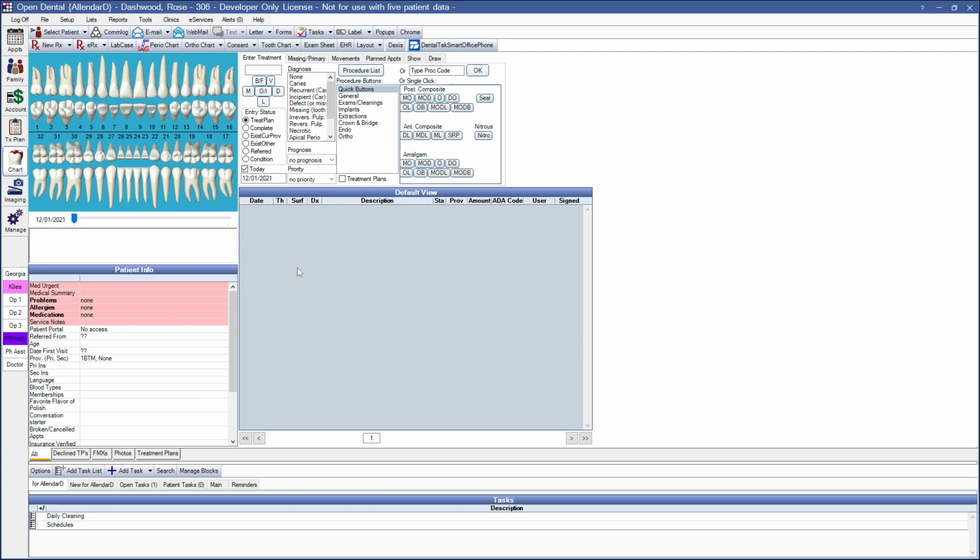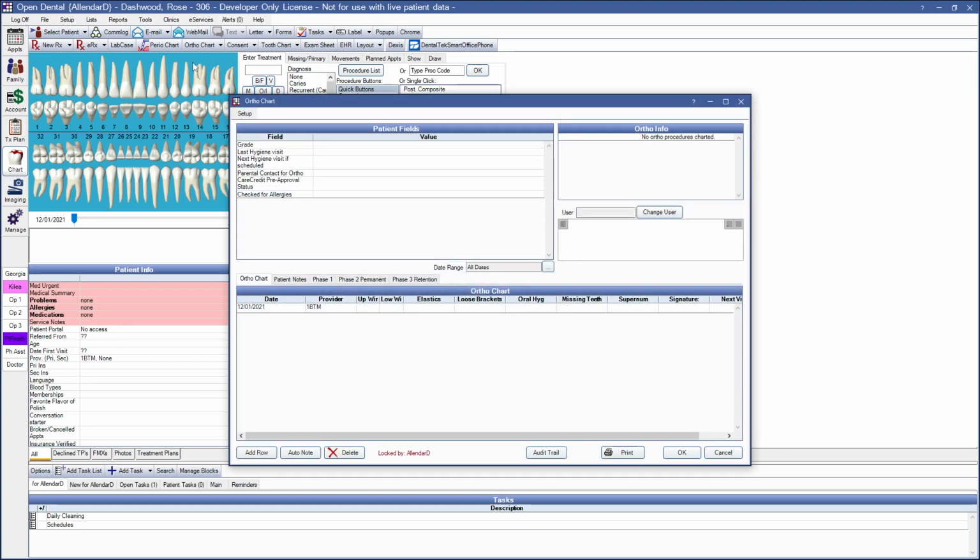Inside of the Ortho chart, we've added a few new features in here as well. The Ortho chart can only be edited by one user at a time. By default, the locked by note will appear at the bottom, with the current user allowed to make the edits. As you see here, I have Dr. Allender logged in on his desk computer, so this note and any additions that he makes to it will be locked by Dr. Allender. If the Ortho chart is in use by doctor back at his office desk, it can